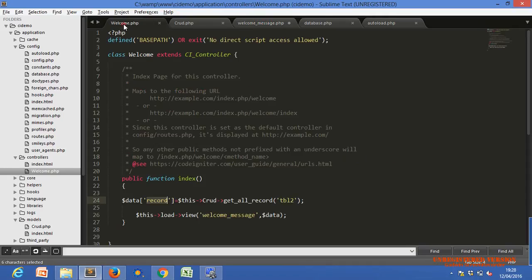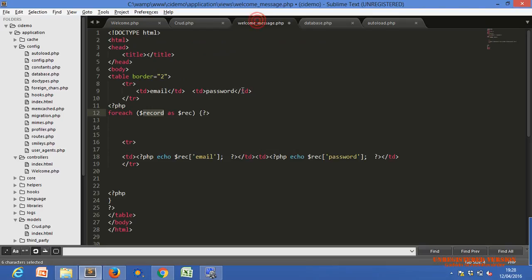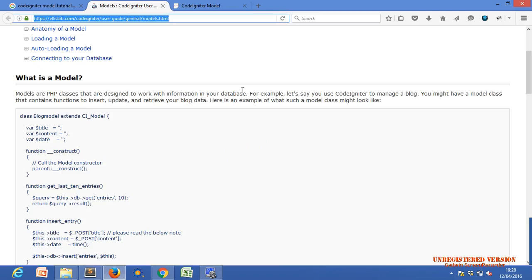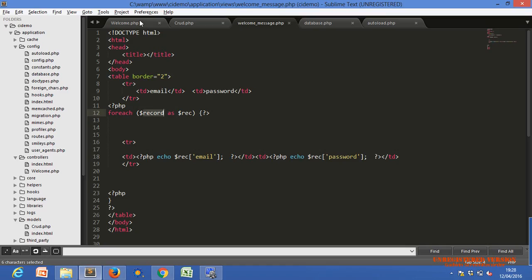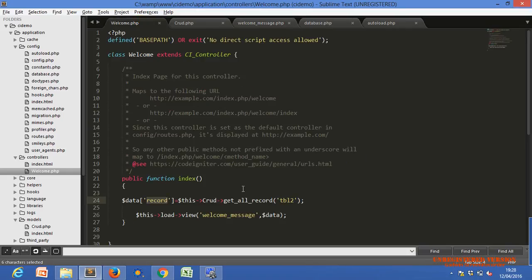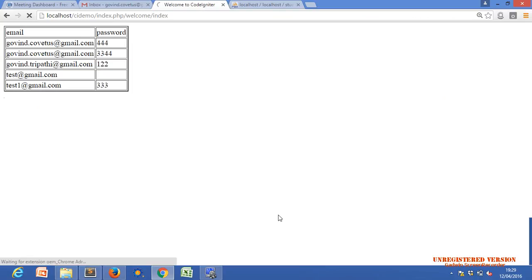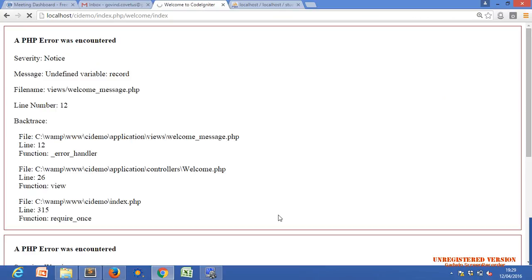Let me save it again and show you it is running properly. No issue, no error. If we don't create that dollar data here, just remove this, then we will get error undefined variable record.